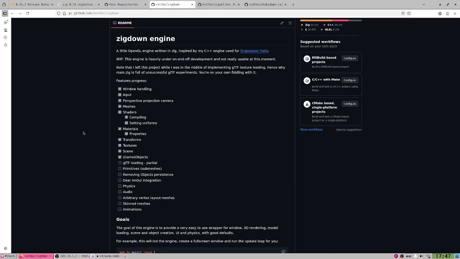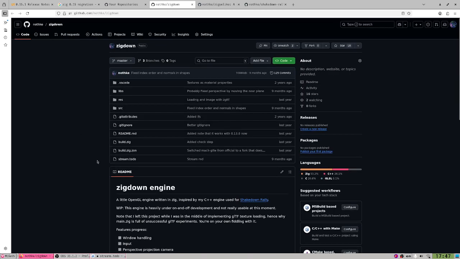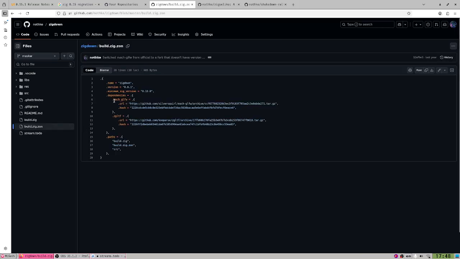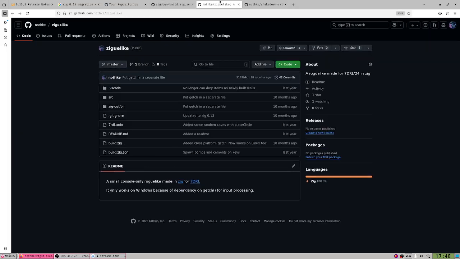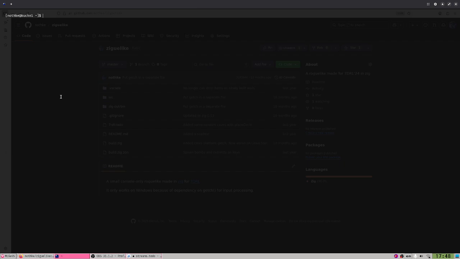I want to update this one to 0.15, and it says it conforms to building with 0.13, but the problem with this one is that it uses Mach GLFW, and it uses ZGLTF, which I kind of don't want to have to update. All right, so we will see if that actually works out. But for the beginning, let's do the Zig-like, and I don't think I actually have it on the system yet.